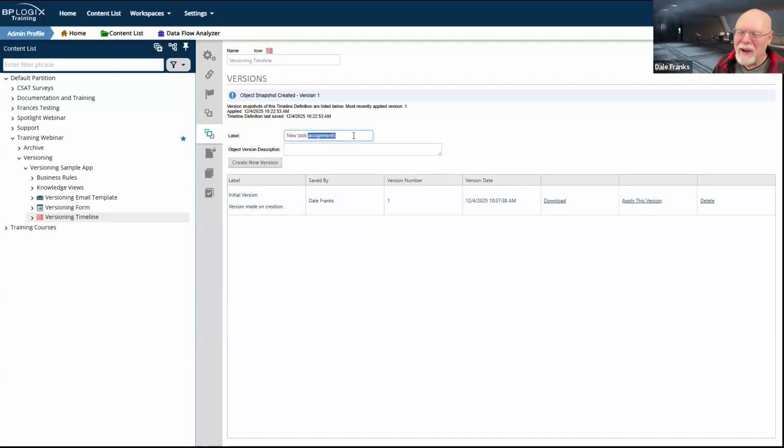I have been using V1 and V2, but in the end, that's not super helpful. So you may want to use this type of labeling, or you may want to use V1.1. However you consider a minor change would be a 0.1 change. A major change would go from V1 to V2.